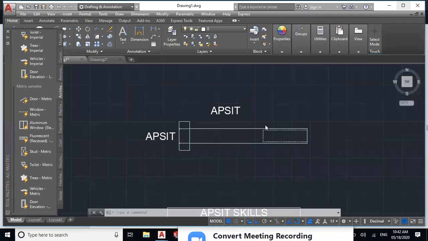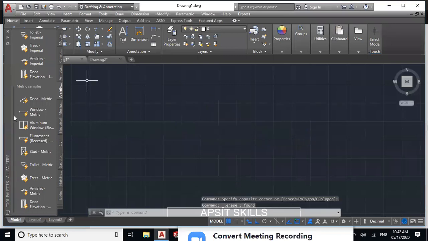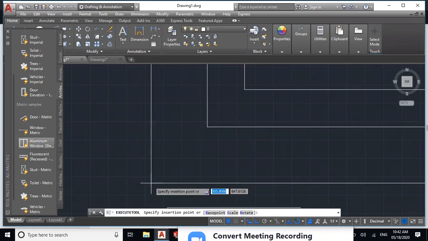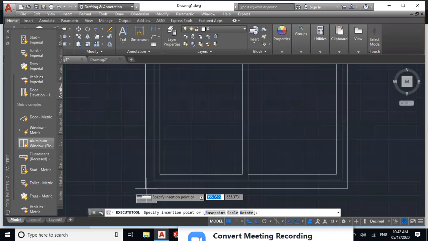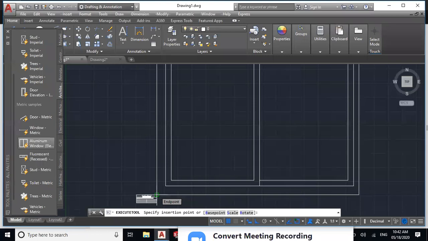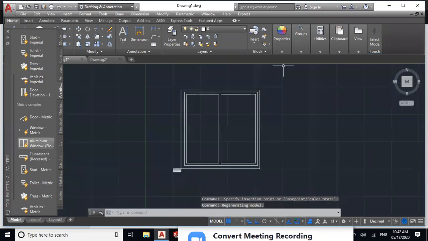Okay, now we'll see how to insert the palette. I think you got how to call this palette window, and I'll select furniture from the architecture. Suppose I have to insert this aluminum window, so I'll select this aluminum window, and I have to insert this window at my insertion point. Suppose you have the end point of the wall, and I have to insert this window at this corner point. Suppose I am selecting the table's corner, so I have inserted that window, and you will get the aluminum section window in your drawing.